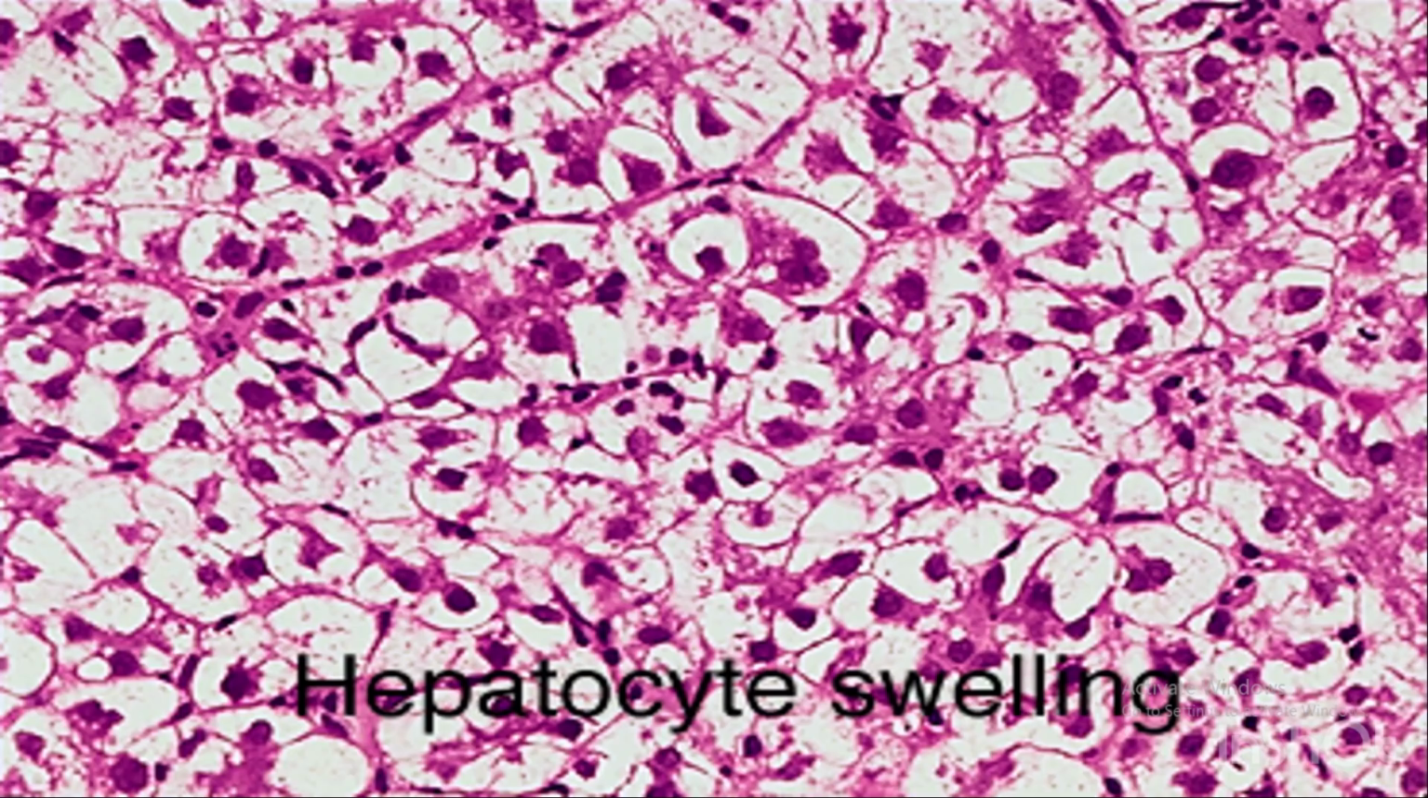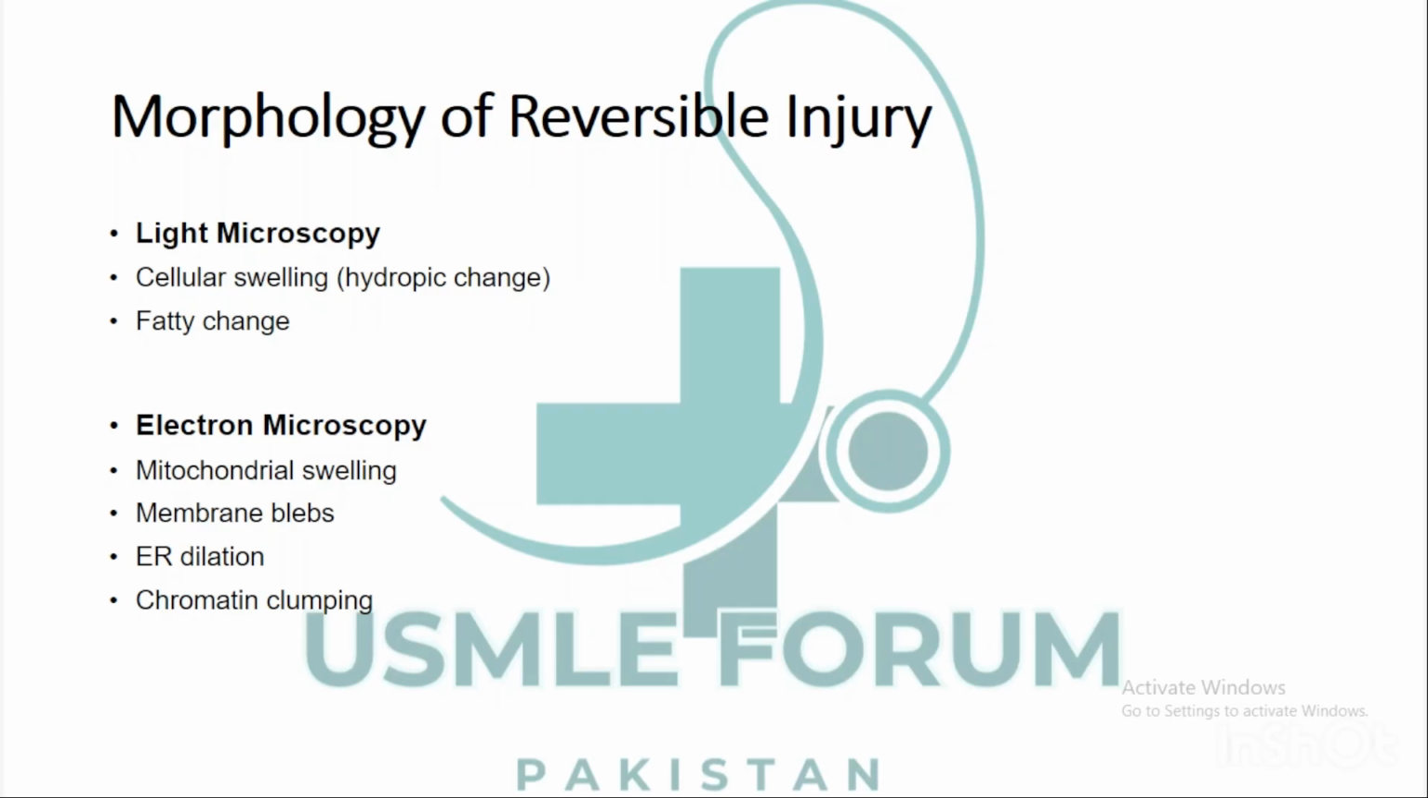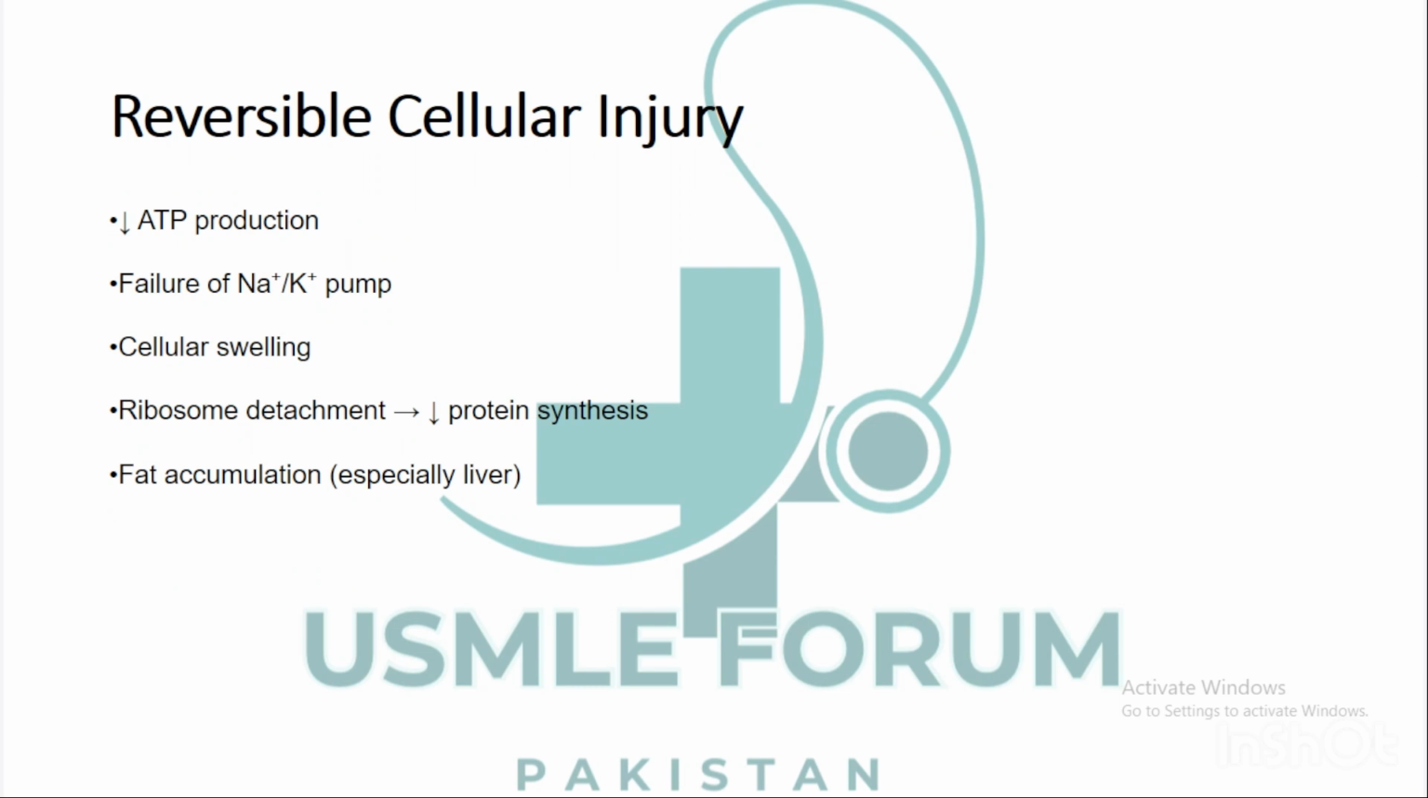Now, this is something called hydropic change, and I'll explain this in the microscopy as well. So, this is a hydropic change, not hydrophobic. It's a hydropic change, and the cell becomes puffy, but the cell is still alive. Now, if there is decreased ATP production, the cells start shifting into anaerobic glycolysis, and this also leads to